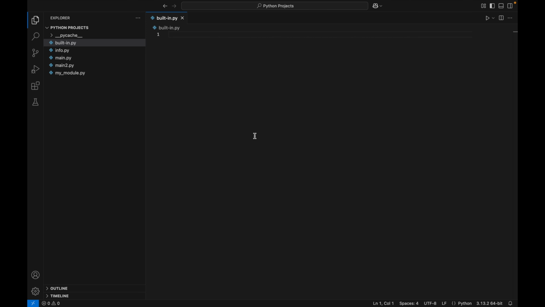There are many built-in modules in Python. We can use them without any installation. That means we can import these built-in modules easily. For example, we have math module that provide all the mathematical functions. So let's use this. So I will write